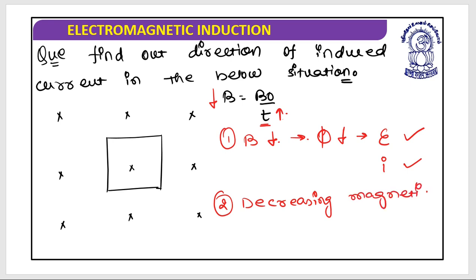I hope you understand this. So as the magnetic field is decreasing, what I need to do is oppose the one which will produce it. So as the magnetic field is decreasing, I must try to increase it, and to increase the magnetic field,